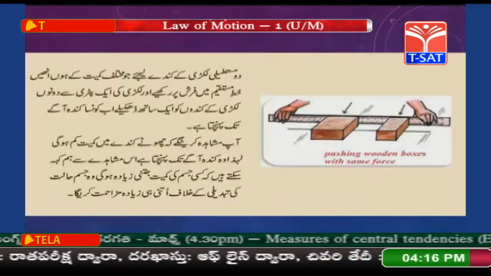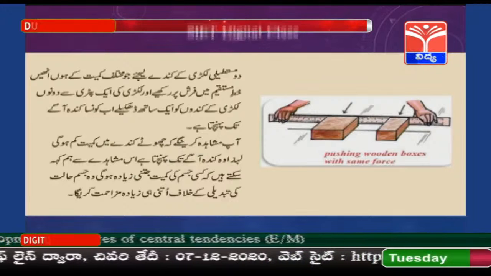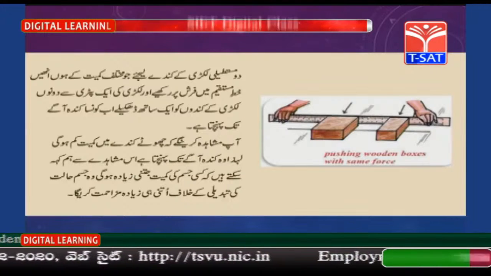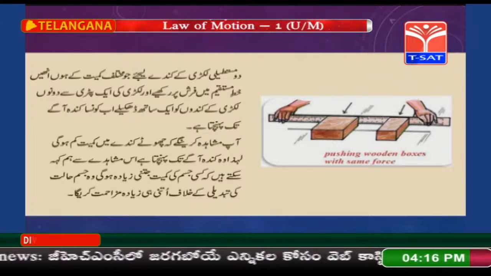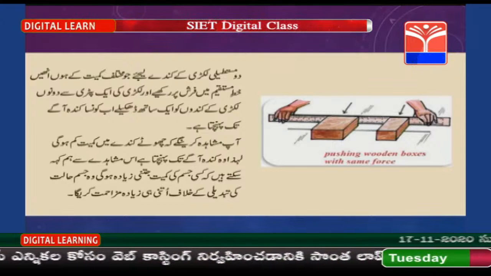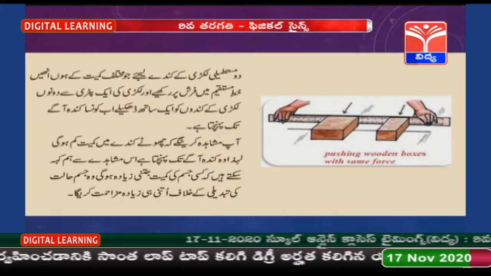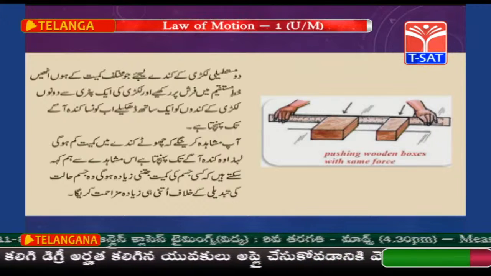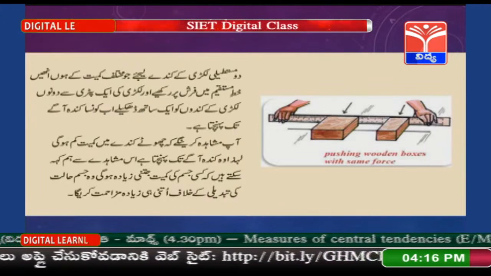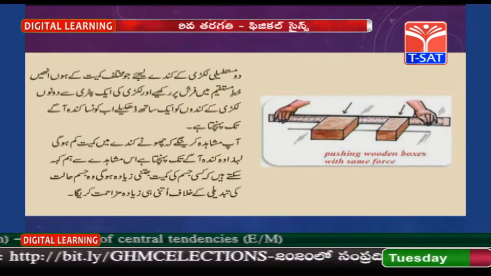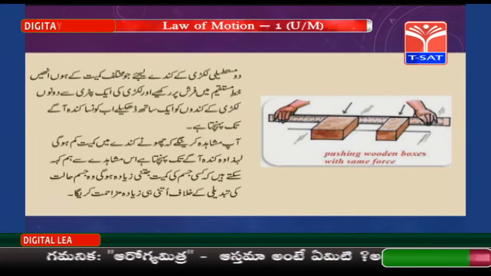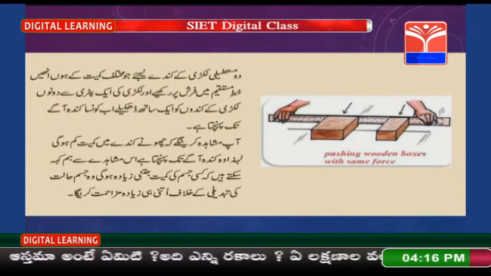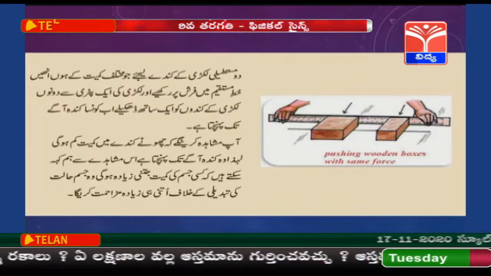بچوں، اب ہم جمود اور کمیت کو سمجھنے کے لیے ایک مشغلہ انجام دیتے ہیں جو آپ کو سلائیڈ کی شکل میں پیش کی جا رہی ہے۔ دو مستطیلی لکڑی کے کندے لیجیے جو مختلف کمیت کے ہوں، انہیں خط مستقیم میں فرش پر رکھیے اور لکڑی کی ایک پٹری سے دونوں کندوں کو ایک ساتھ دھکیلیے۔ اب کون سا کندہ آگے تک پہنچتا ہے؟ آپ مشاہدہ کریں گے کہ چھوٹے کندے میں کمیت کم ہوگی، لہذا وہ کندہ آگے تک پہنچتا ہے۔ اس مشاہدے سے ہم کہہ سکتے ہیں کہ کسی جسم کی کمیت جتنی زیادہ ہوگی، وہ جسم حالت کی تبدیلی کے خلاف اتنی ہی زیادہ مزاحمت کرے گا۔